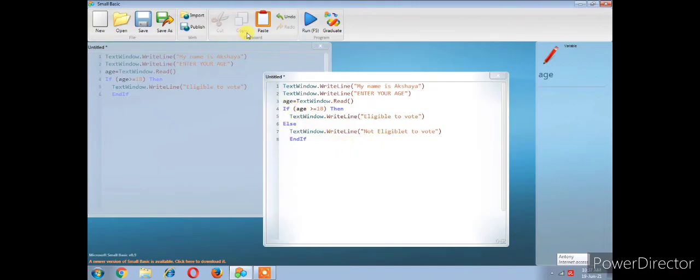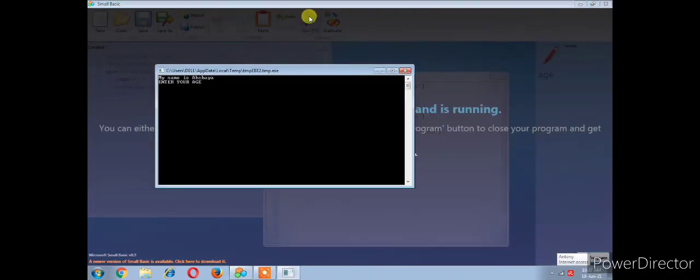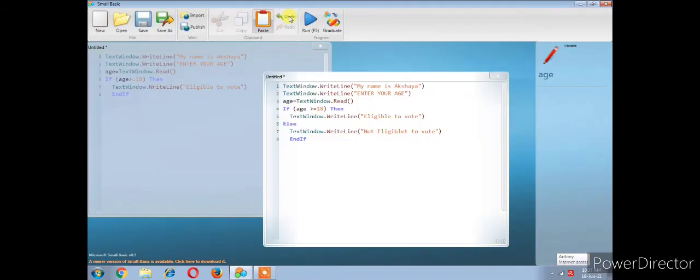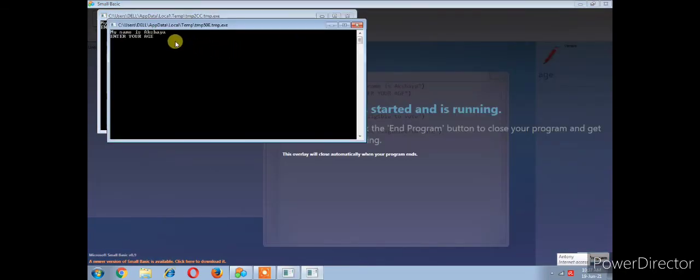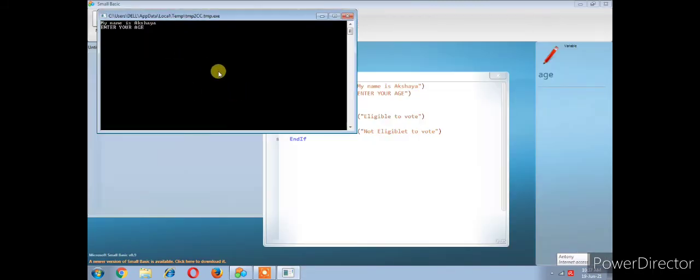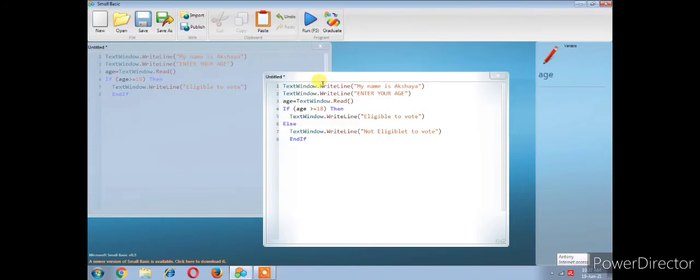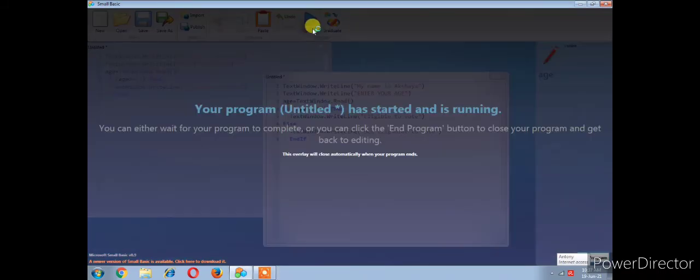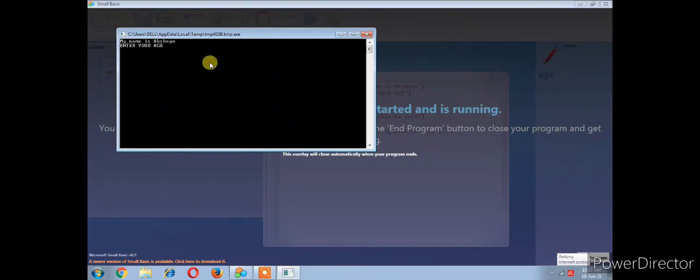This is known as the if then else statement. Can you understand? Listen, I have explained two statements: one is if then, another one is if then else. In the if then else statement, if the condition is true, the first statement will be executed. Above 18 means you are eligible to vote. Below 18, it will also check the condition, then the else part will be executed. The else part says you are not eligible to vote.